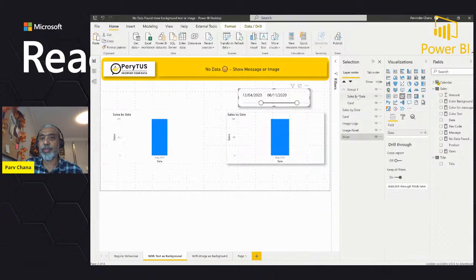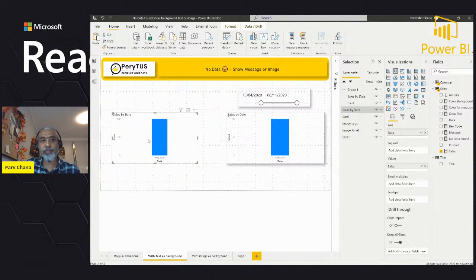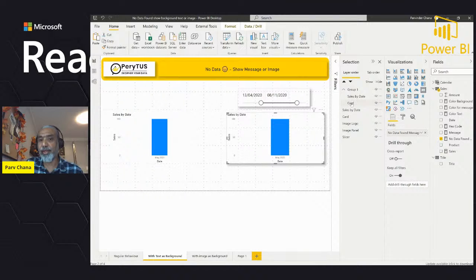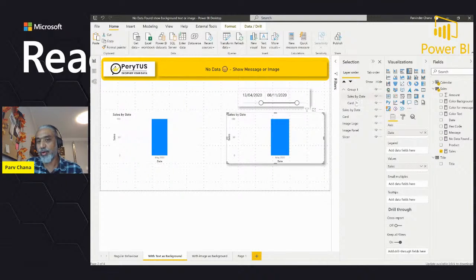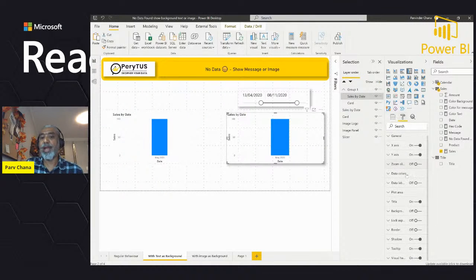So I have two visuals. One is a bar chart which is sales by date, and then I have a card visual. I'm overlapping and grouping those together, and the sales by date is on top of the card visual. This is very important. On my bar chart, I have created the background, turned it off, so I don't want to see the background. So my card is behind this visual, but we don't see anything.